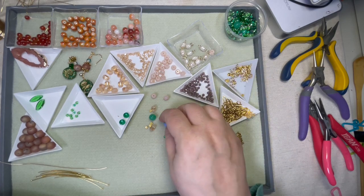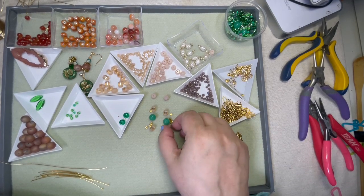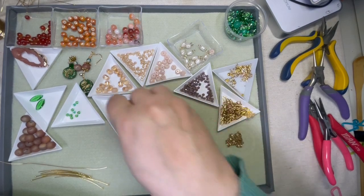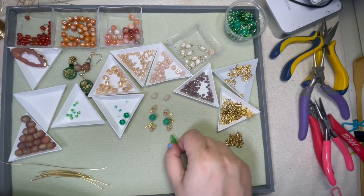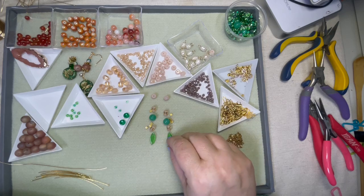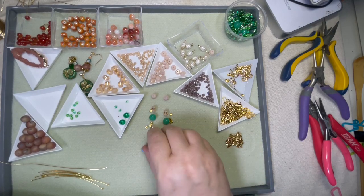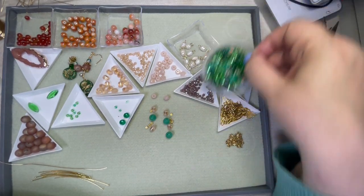Here's where you can go in many directions, as we know. I think I really want to stick to the wire wrap idea. So dangles are out for now. Maybe we should come back in with a long I do like the subtleness of this. What else we got in